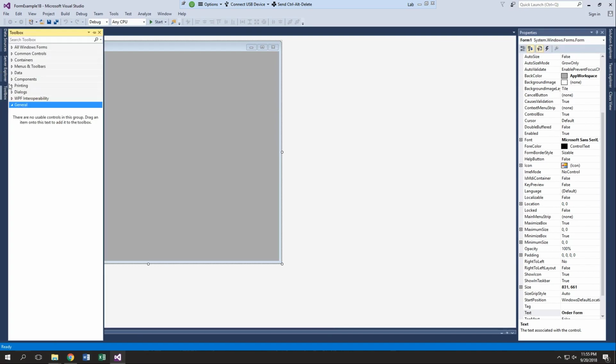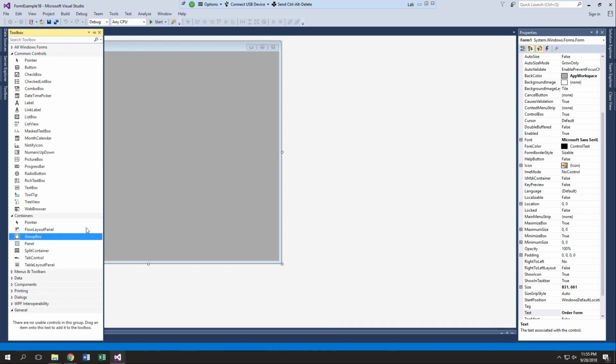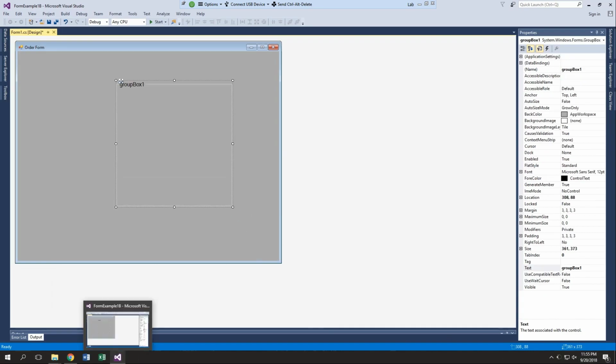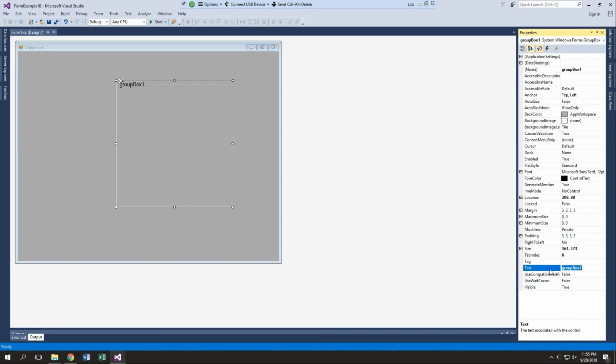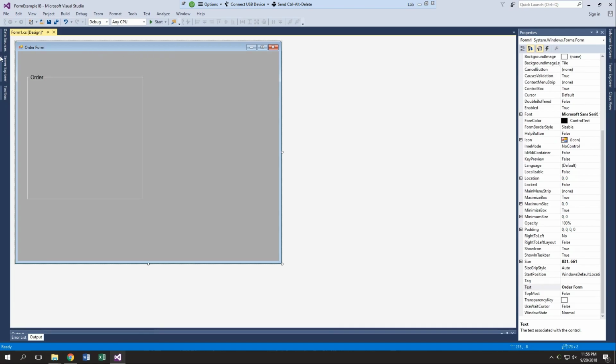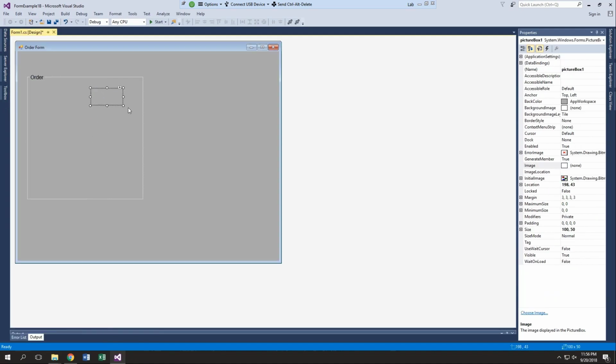Okay, so let's add, we're going to the toolbox on the left, and I'm going to add first a group box, which will be under containers. I cannot remember what I called that. So I'm just going to call it order. So we're going to group our order items within this box. And then we'll have 2 photos. So we need 2 picture boxes. So I'll just click and drag them,